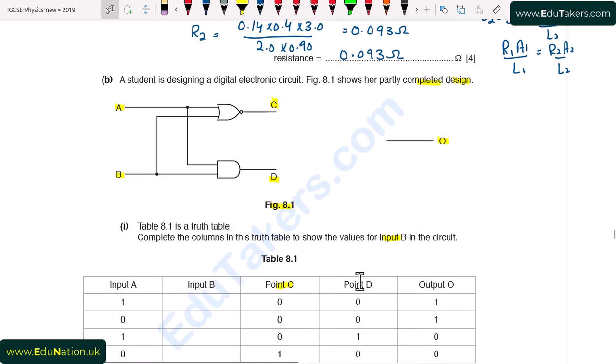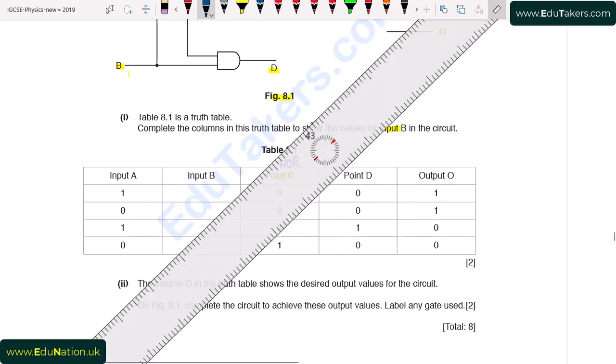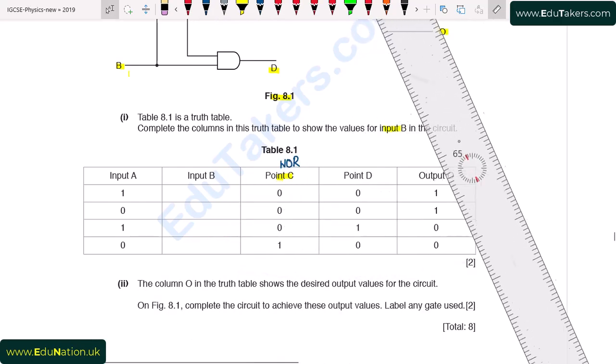output of A and B when we apply NOR gate. It is NOR gate, and it is the combination of NOT and OR gate. So if I consider point C and input A, we know that it is NOR gate. So here inputs are given, that is A input, and output is given. We have to find out the values of input B. So first of all, I draw the truth table for NOR gate.